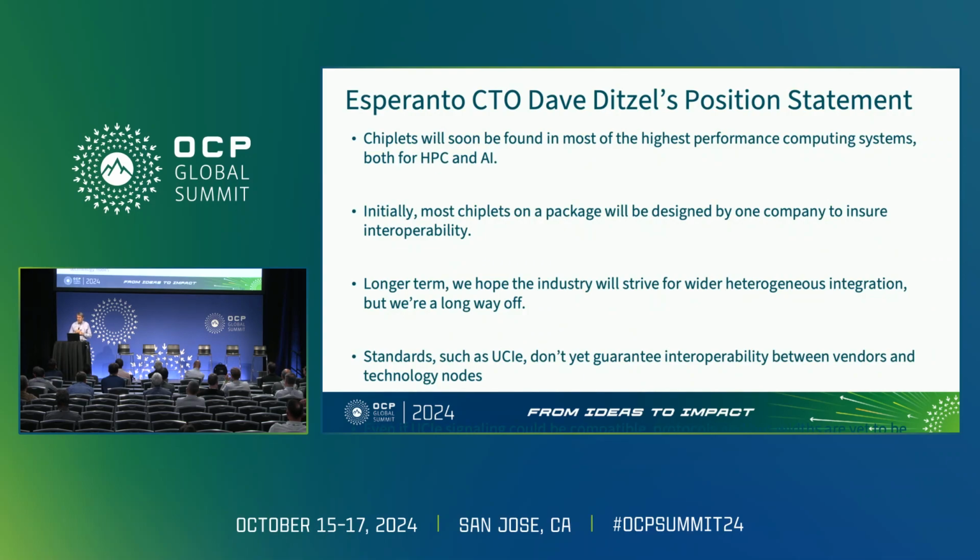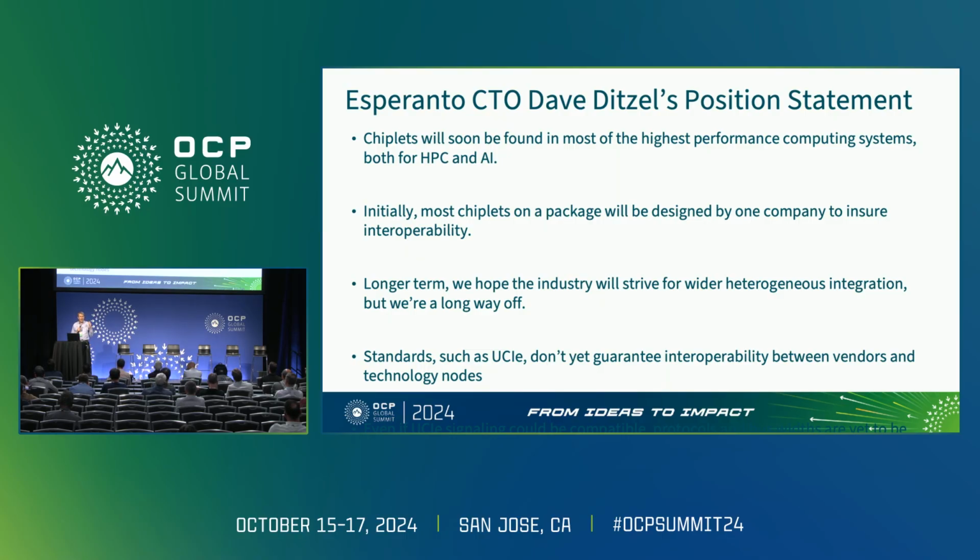So I just want to make a couple simple comments and then maybe whine a little bit about the current situation here. First of all, I'm absolutely a believer in chiplets. Chiplets are going to be found in almost all of the high-performance computing systems in the future. It's really inevitable. It's a way to cut down the amount of power in communicating between chips. To put things in a package, you can save a factor of 10x or more in I/O power. And as we need to get to lots of memory and have lots of bandwidth, you would have an unaffordable amount of power if you were not to go to a chiplet-based approach.